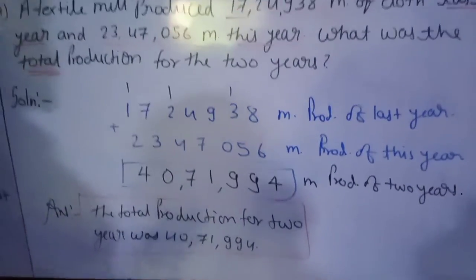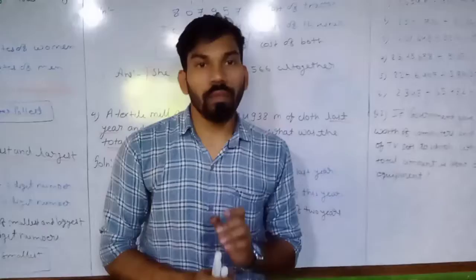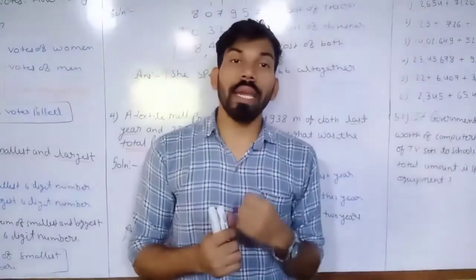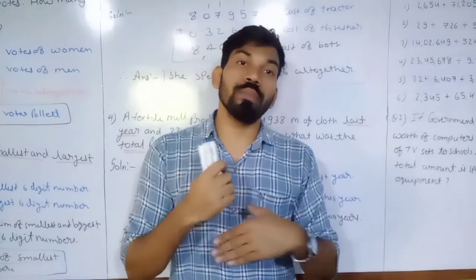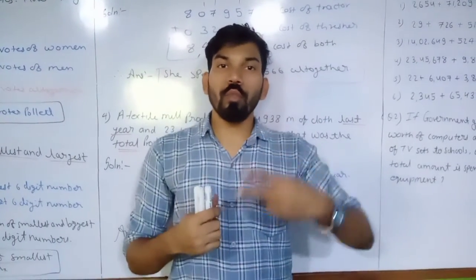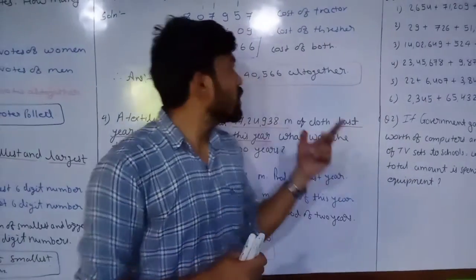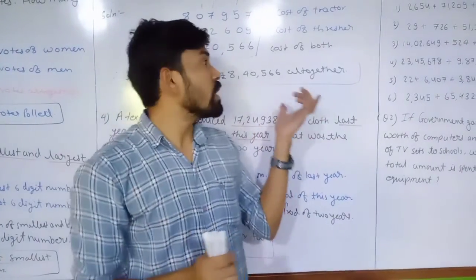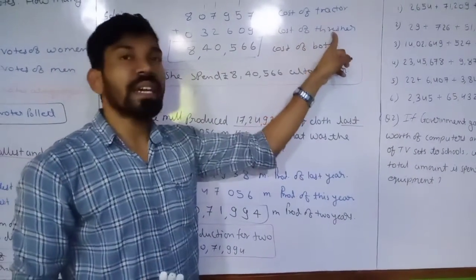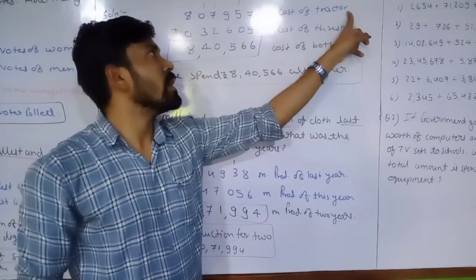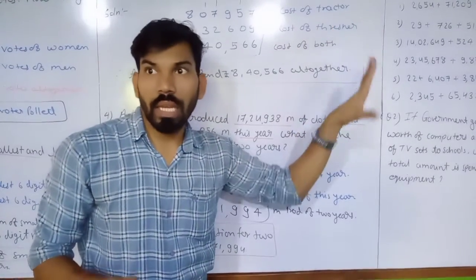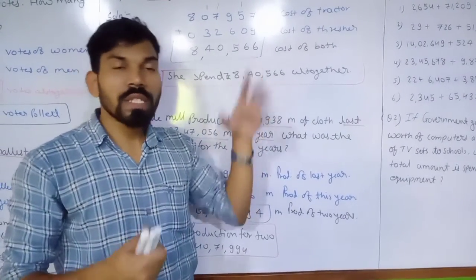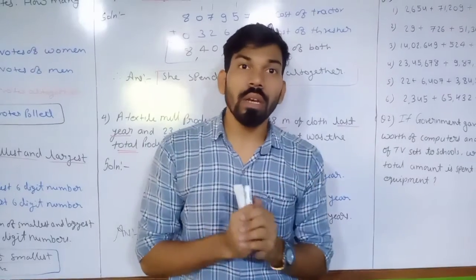This way we can solve the word problems. First we read the sums carefully and find the clue words, so we come to know we are going to do the addition, and whatever numbers are given in the sum, we have to write. Always start the addition from the right hand side and we can get the answer. Whatever we are writing, we have to write at the right hand side, like the cost of the tractor, cost of the thresher, as we have written over here. After that, the final answer we have to write. This way we can conclude our sum for the word problem.